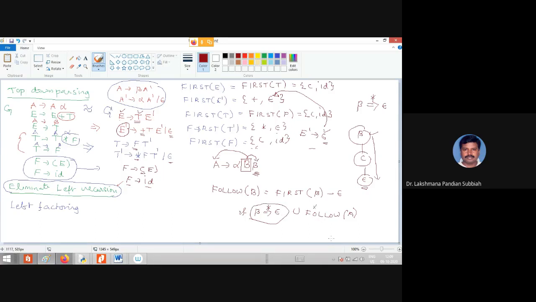So this is the format for finding the follow of non-terminals, right? Now we have to see follow of all non-terminals. Okay, now you consider this format, you have to see that one. Now I will eliminate, I close that one.